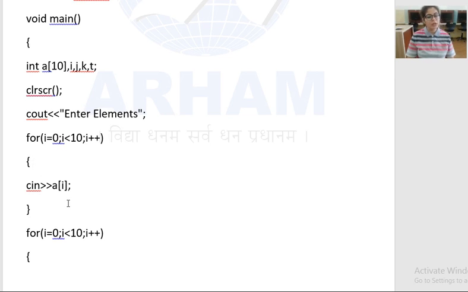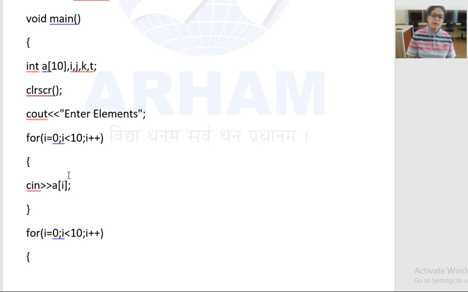Now you have to give the value of every element. For example, you want to enter 5, 8, 2, 7, 20, 15. You want these numbers. So when you have to give the value of these numbers, you can give the value by using the input function, the cin function. So the cin function is used to enter the value in the array. A is the name of the array and I means the ith element, for which we have used this I loop. So cin A of I and curly bracket close.